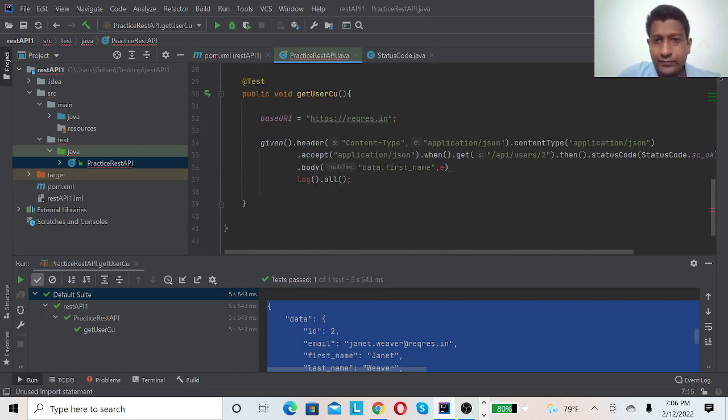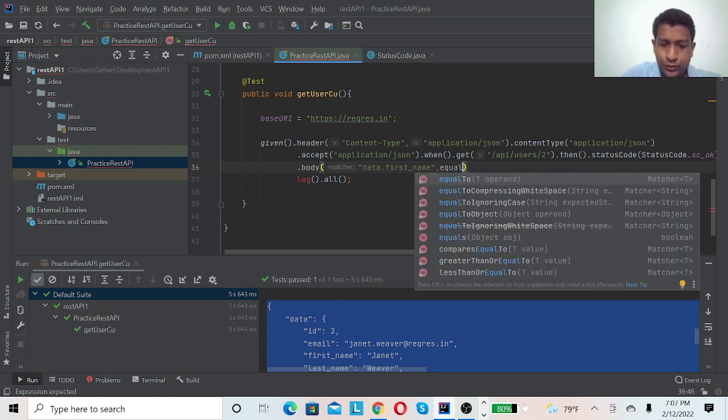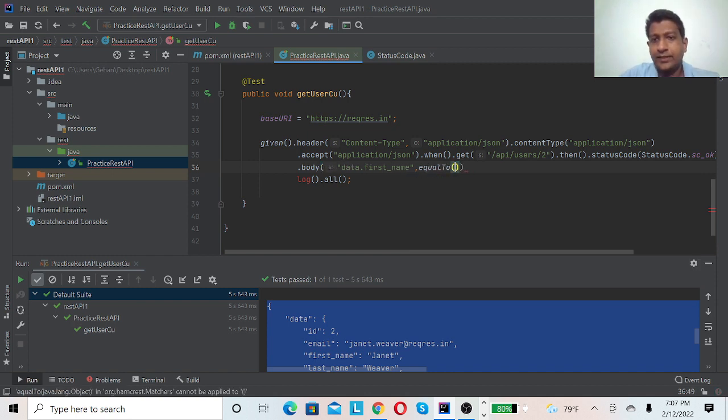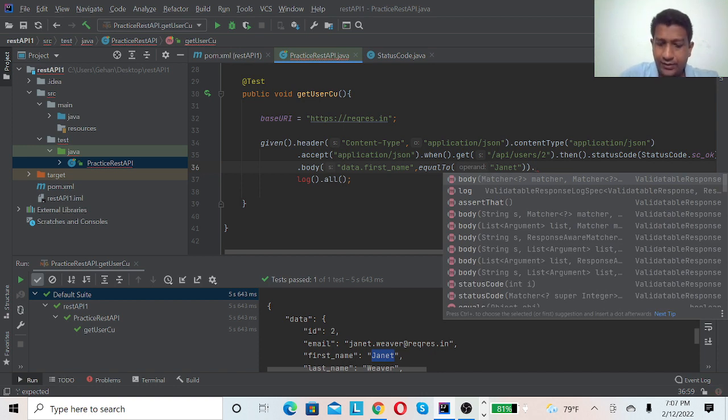So here you can use equal to, it's inside the Hamcrest class, and you can put the first name, which is Janet. Likewise you can get the last name as well.